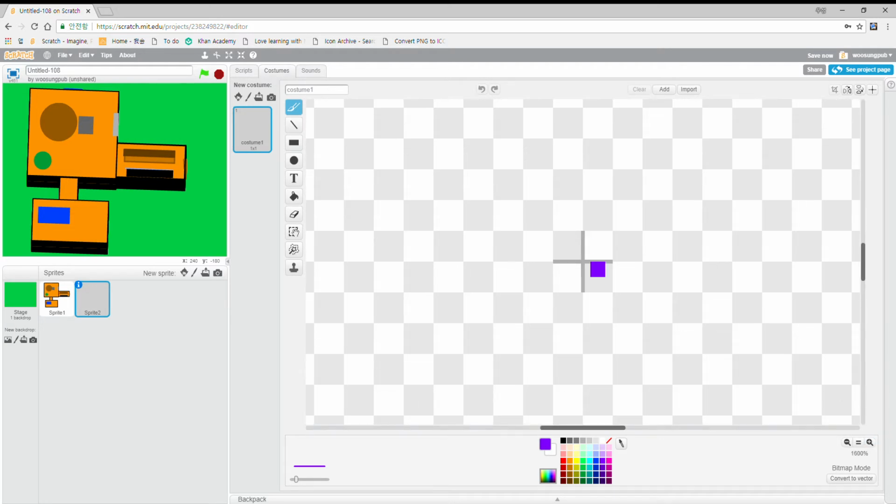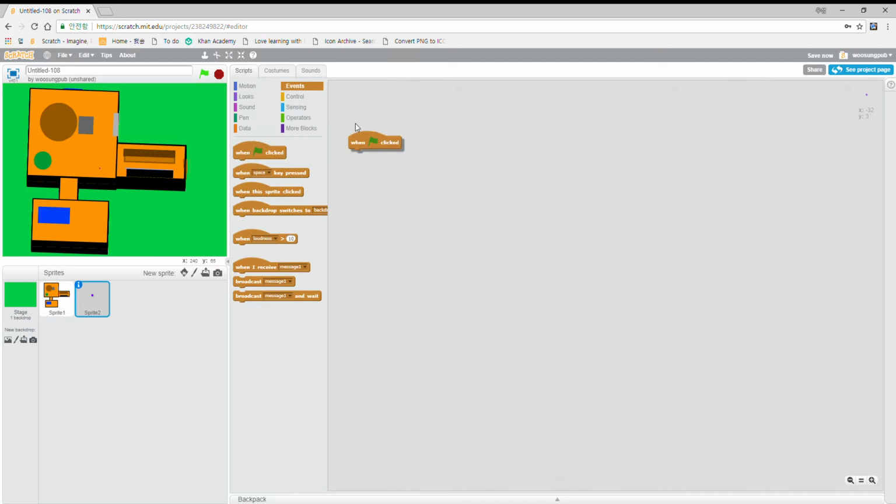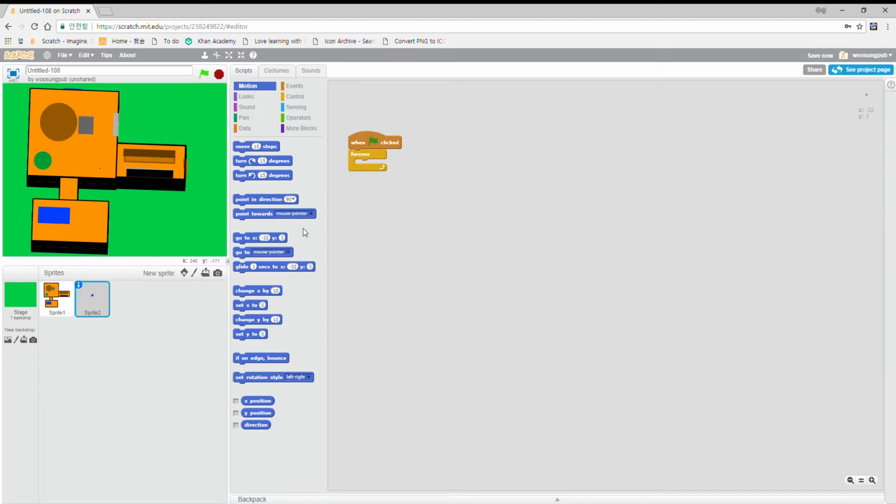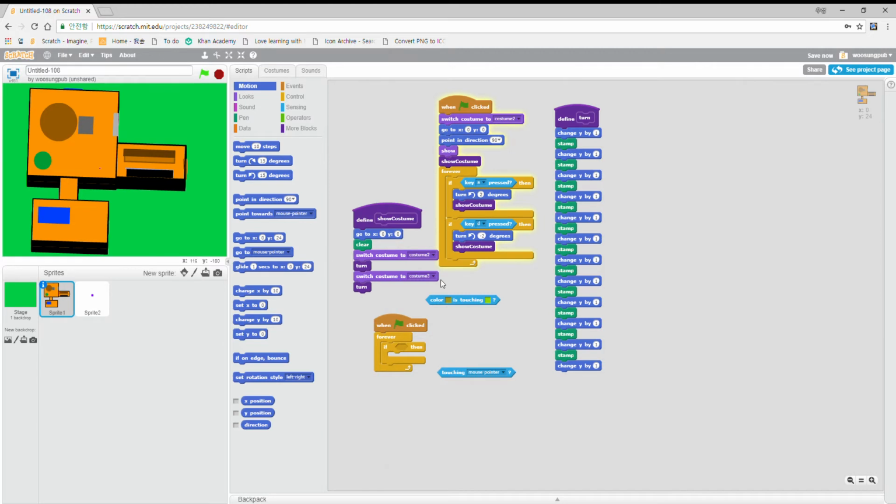So here, do that, and then here we wanted to do when green flag clicked forever, go to the mouse pointer, and then so here if this purple mouse, I guess, is touching the table, or